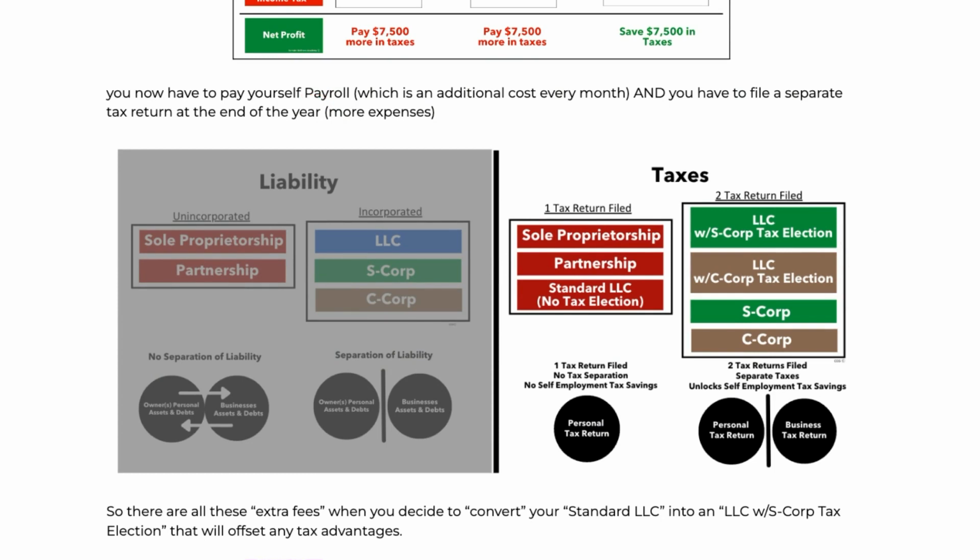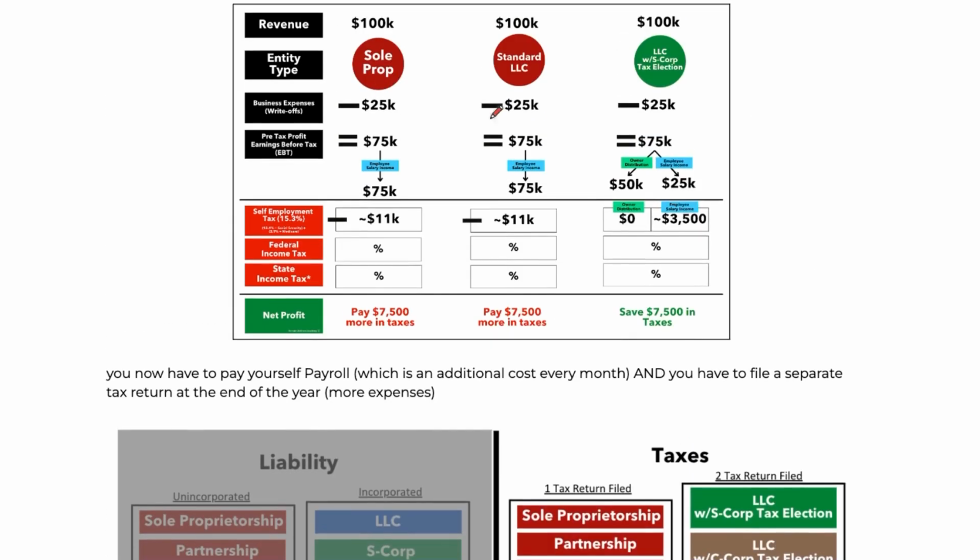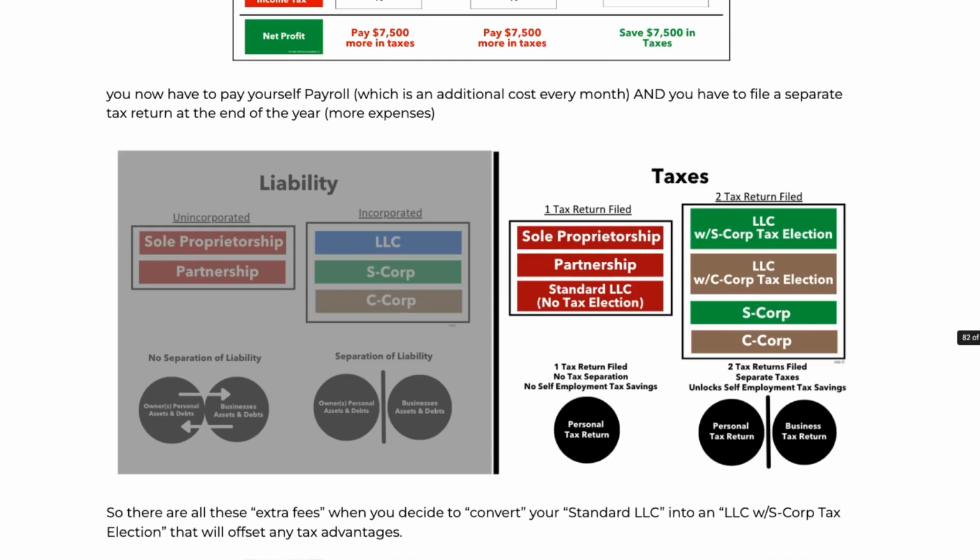Because in order to get this separation between owner's distribution and payroll, that means you now have to actually treat yourself kind of like an employee of your company, which is kind of confusing, but that's the whole point of this separation. This separation allows you to become the employee of the company rather than being the company. That is the first additional cost that happens once you get into this category right over here.